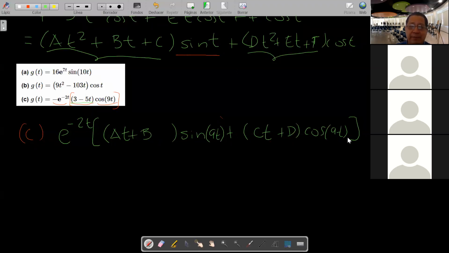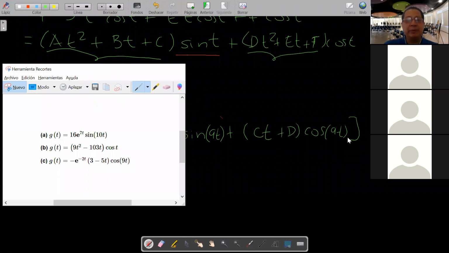So if you have a forcing function like this one, you better use the undetermined coefficients method. So you need to have a set of tools to find the solutions for ODEs. So if you detect an expression being a combination of these three basic kinds of functions, you better use the undetermined coefficients method. Otherwise, you will be using the variation of parameters method. Okay? So let me show you one last example